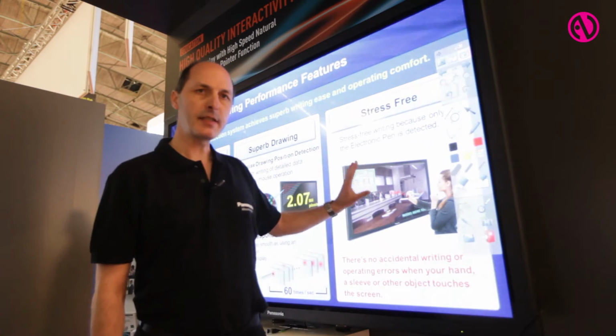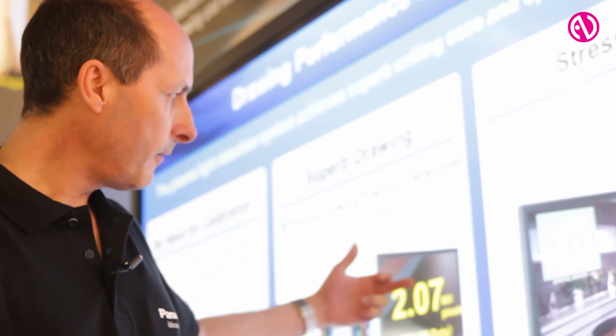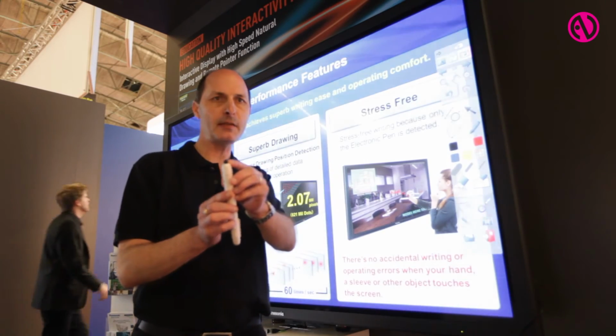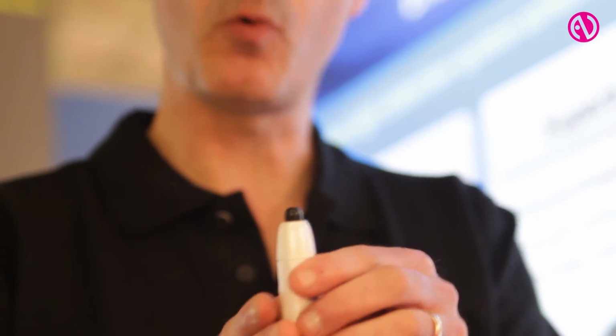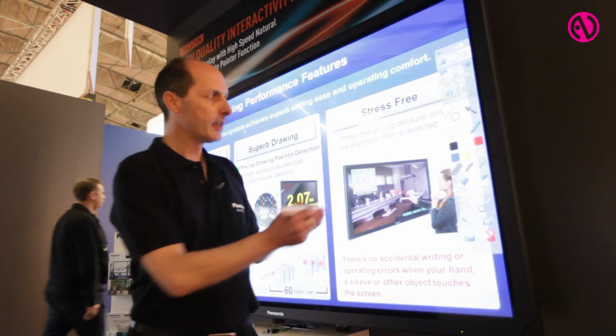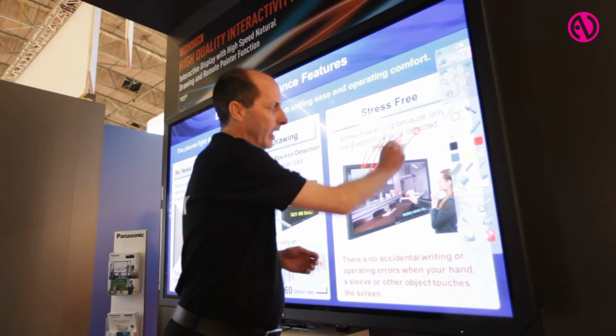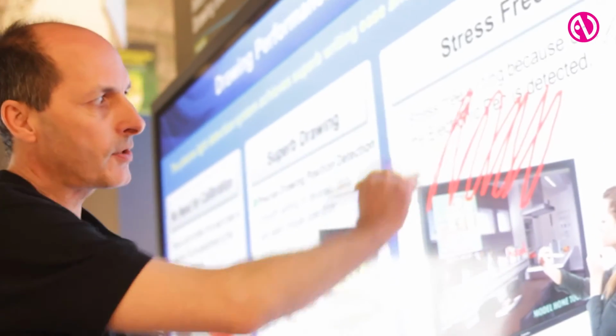It uses a light detection system for the interactive part, so this means that every pixel in the screen actually transmits its address of where it is on the display. This is then picked up by a sensor that's in the electronic pen, and this information is then fed wirelessly back to the PC. So if I just choose pen colour here, this is how it detects, nice and fast